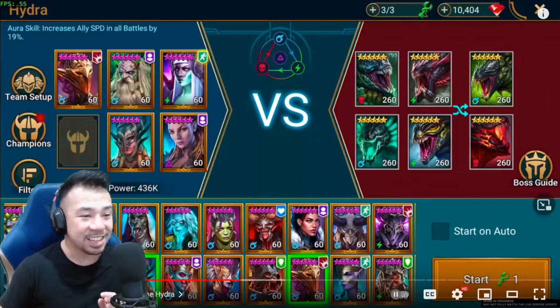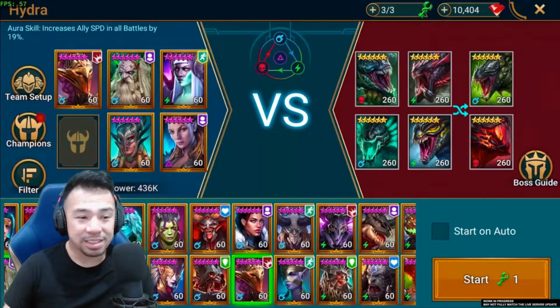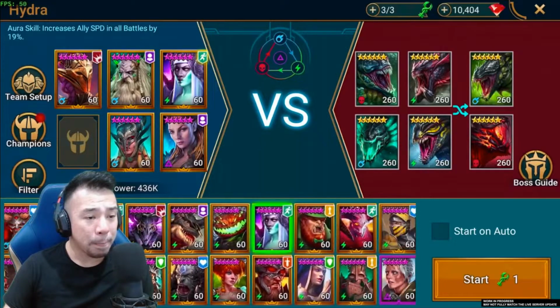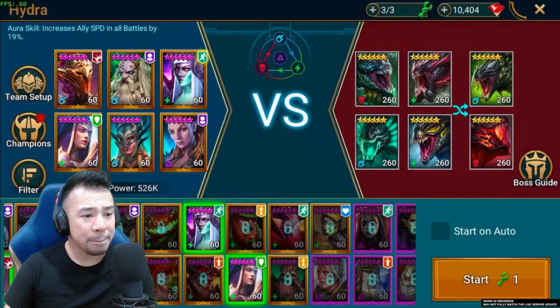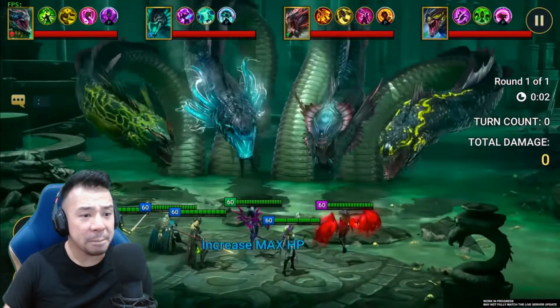All right, excited for this one. It's a big fight, and you'll need reinforcements. So you'll be taking 6 champions into each HYDRA battle. And just like the other clan bosses, the Demon Lord, you'll be battling the HYDRA to chase high scores and